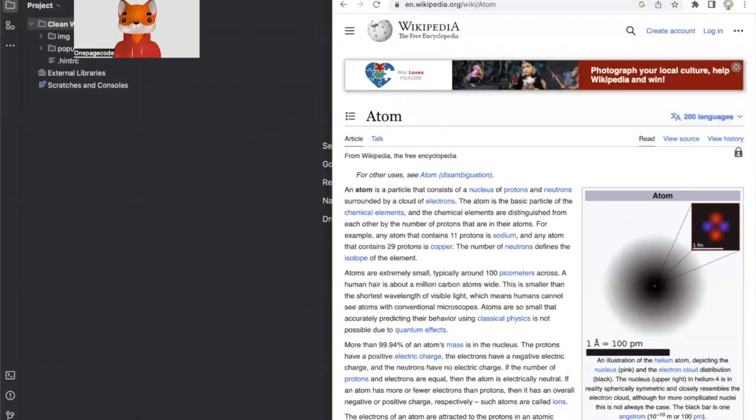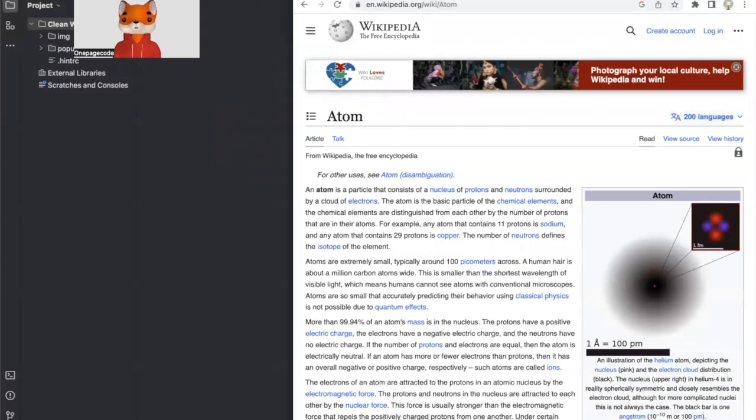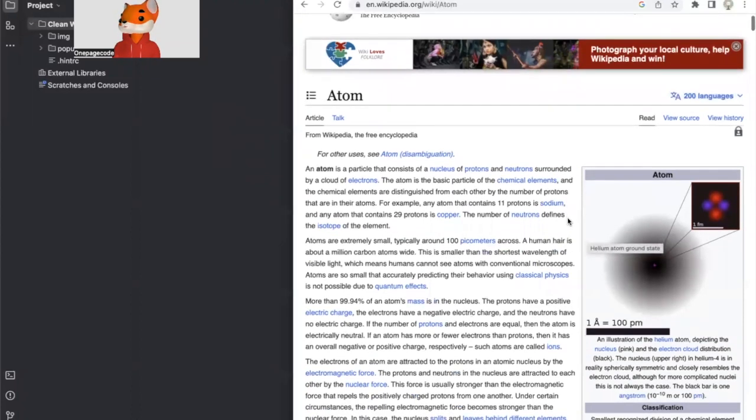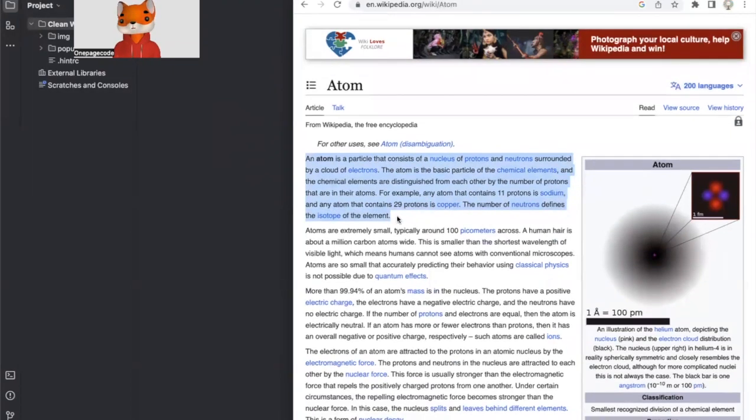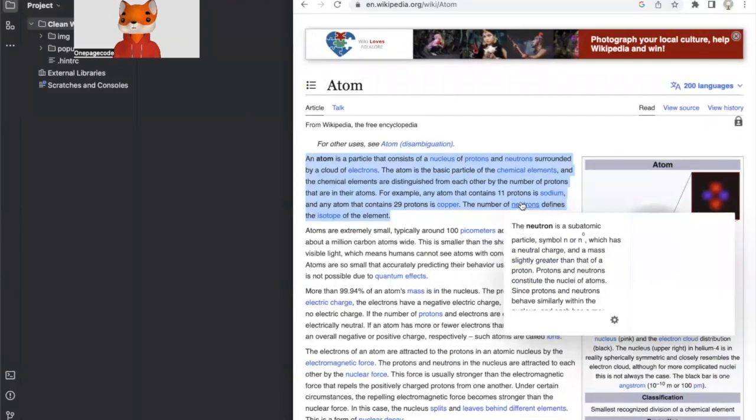Today in this video, I'm going to solve a problem which I face. I will use JavaScript to solve that problem. The problem is when you go and copy something from Wikipedia, like I want to copy this and paste it into a text pad. When I select everything, all of these links also get selected, but I don't want links